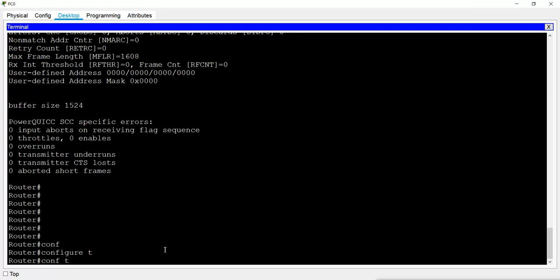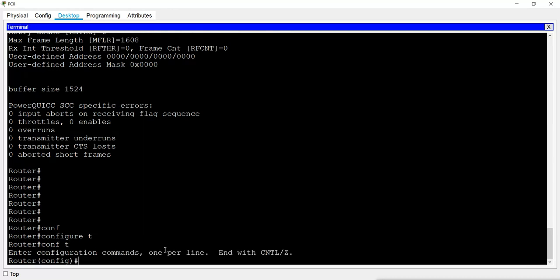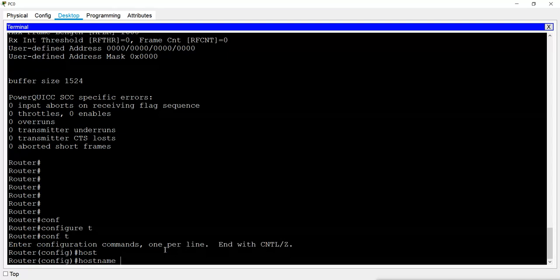Both will work. Now in configuration mode, I will give the command hostname, and then mention the name which I want. Now when I press enter, you will see this name will change.